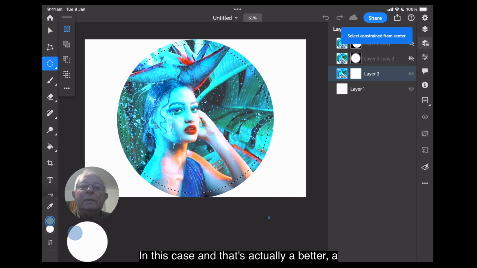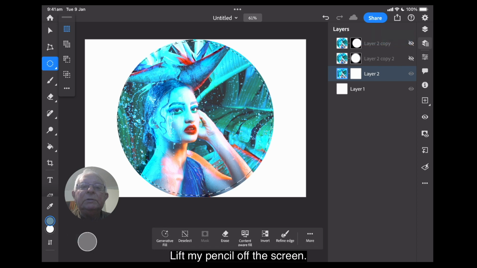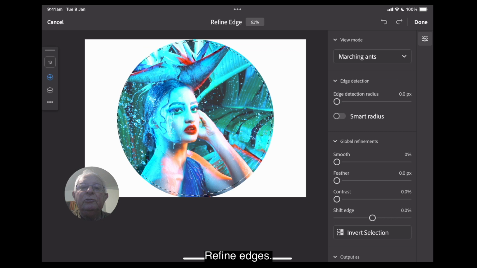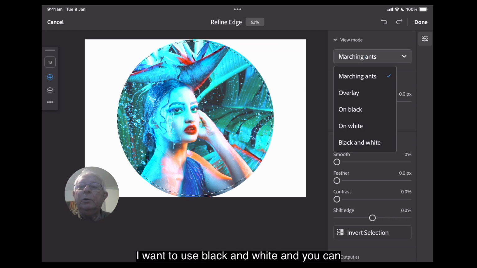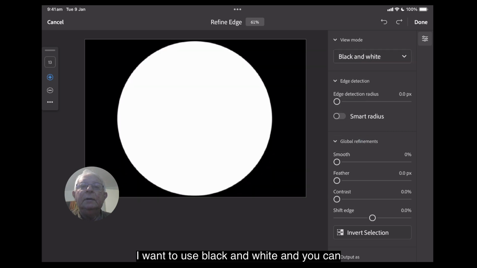And that's actually a slightly better job. Lift my pencil off the screen. There's our circle. Refine edges. Now we don't want to refine it by the marching ants. I want to use black and white. And you can see it puts a black and white mask over it. Now I'm going to